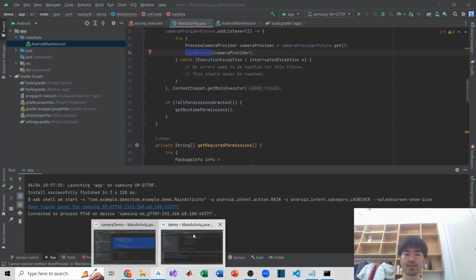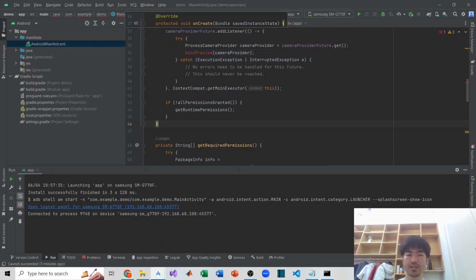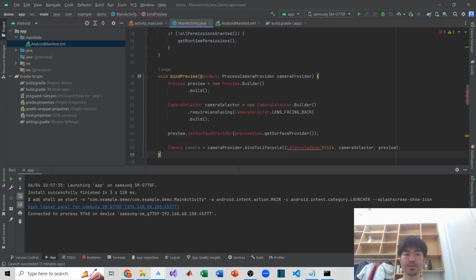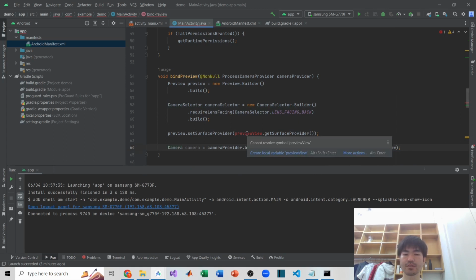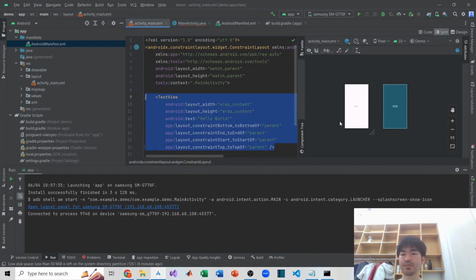But basically what it does is combine the use case, preview and so on. There's a bunch of errors, but don't worry, you just have to import the class like this. Import the class, import the class. The only thing you have to implement by yourself probably is preview view. It's the view variable, which you have to implement on the screen so that you can see what's captured